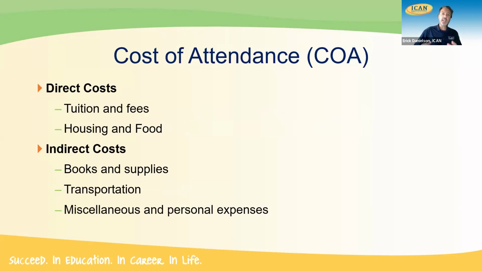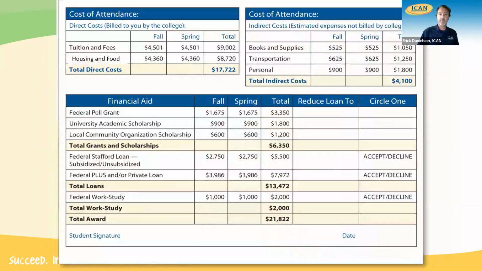See, in coming up with the financial aid offer, the colleges take their cost of attendance, which includes tuition, fees, and housing and food. We call those the direct costs. But indirect costs are the books, transportation, and personal expenses as well. Those are estimated expenses just in case students need any financial aid help for those. All five of those combined are what we call a cost of attendance. Well, the college will take that cost of attendance minus your financial need, and then that's how they're able to help determine what kind of financial aid offer you're able to receive.